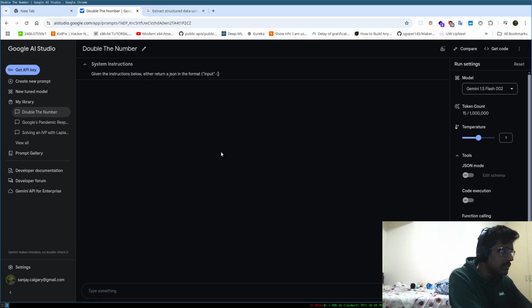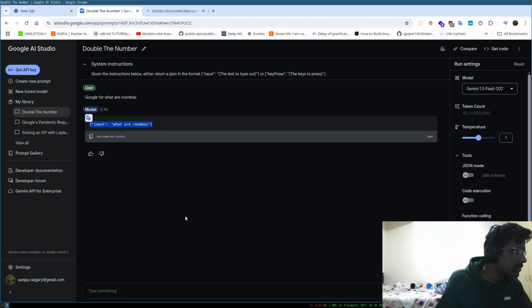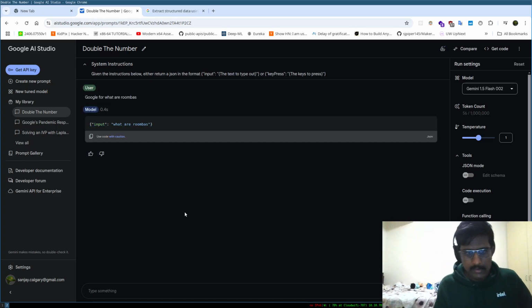Input, and then it would go to the text to type out, or, and then you have key press, and then the keys to press. And then I want to say like Google for what are Roombas? Input: what are Roombas? There we go. Okay, and then